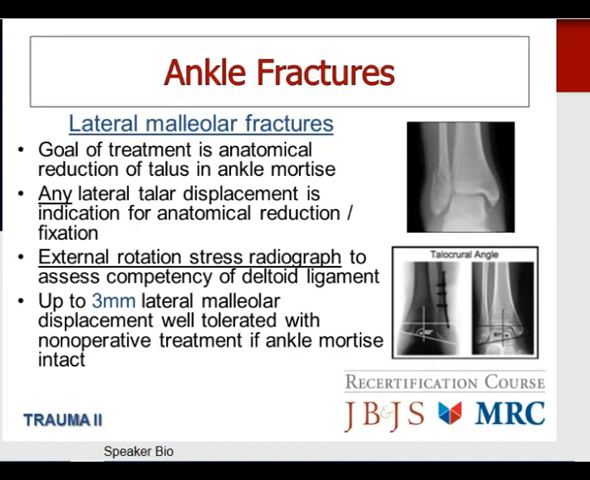Lateral malleolar fractures: remember that the goal of treatment is anatomical reduction of the talus within the ankle mortise. So any displacement of the talus laterally within the mortise is an indication for surgical reduction and fixation. If you're concerned about the competency of the deltoid ligament with the so-called functional bimalleolar fracture, an external rotation stress X-ray is important to obtain to assess the stability medially. And if the ankle mortise is intact, then up to 3 millimeters of lateral malleolar displacement can be well tolerated